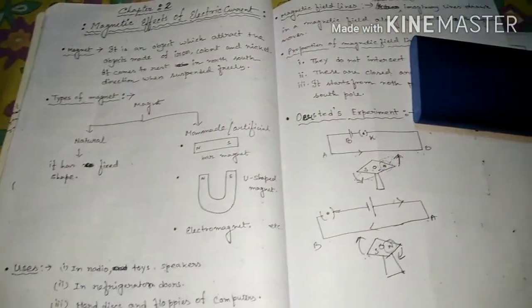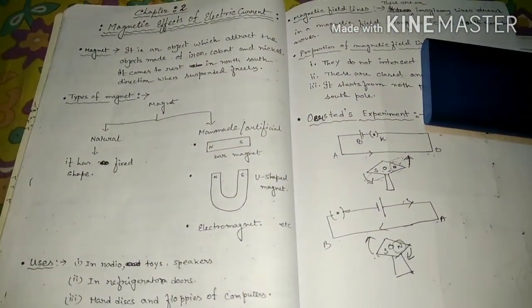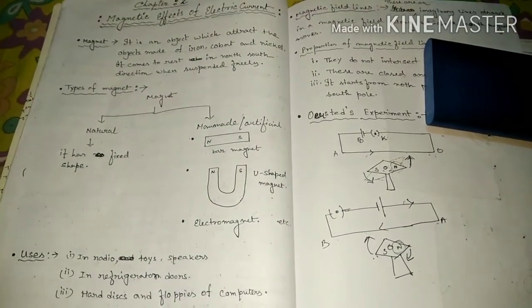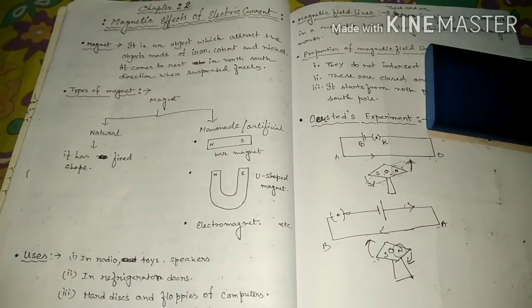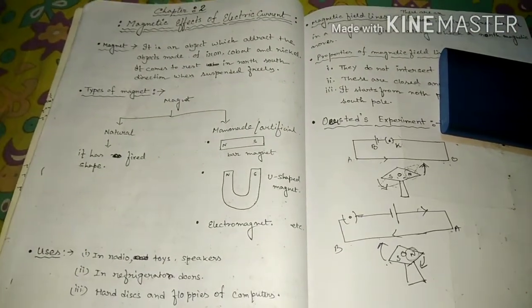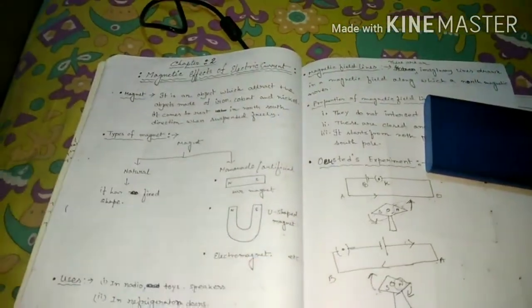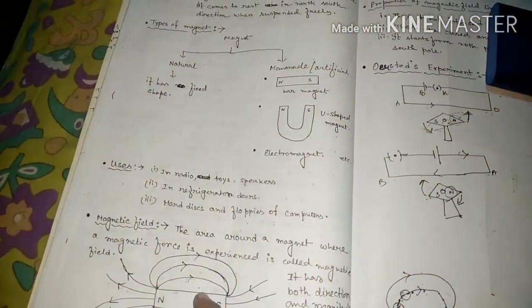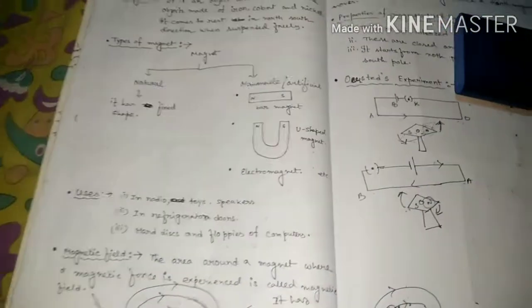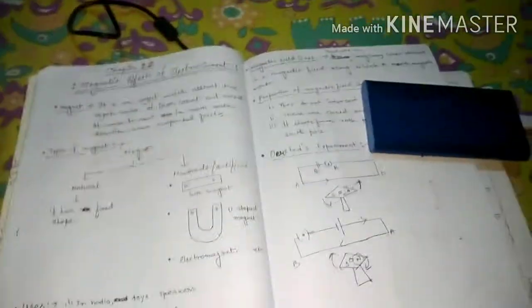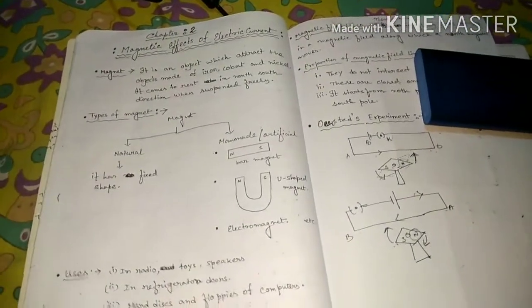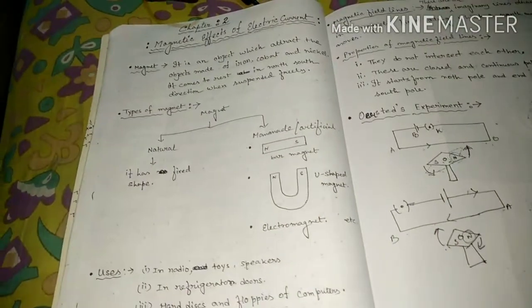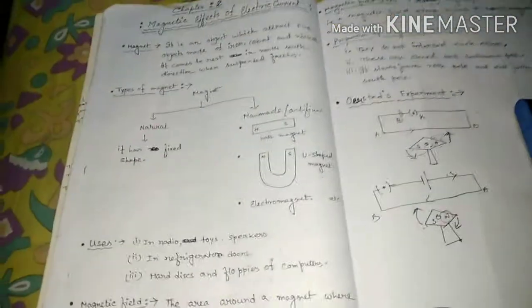Okay, so dear student, in this class we discuss the new terms related to magnetic effect of electric current. Before we start that topic, let's recall what we studied in the last class. In the last class we discussed the magnet, its types, uses, magnetic field lines and the pattern of the magnetic field lines around the bar magnet, its properties, and one more thing, that is Oersted experiment. From Oersted experiment, we conclude that the current carrying conductor behaves like a magnet.